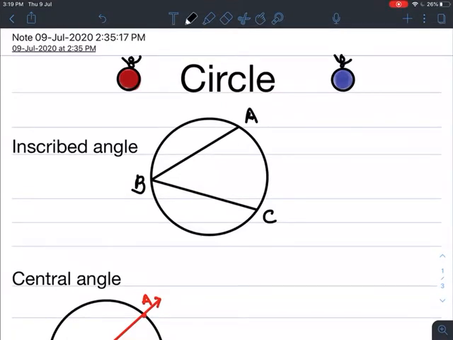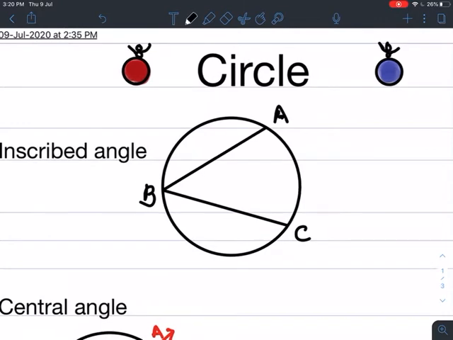Students, in this video we will see a very important part of geometry, the circle. In the circle we will see basic terms like inscribed angle, central angle, and intercepted arc. This is the basic of 10th maths also. At the last part of this video we will see examples from the 2020 scholarship paper 1. In the beginning we will see what is an inscribed angle.